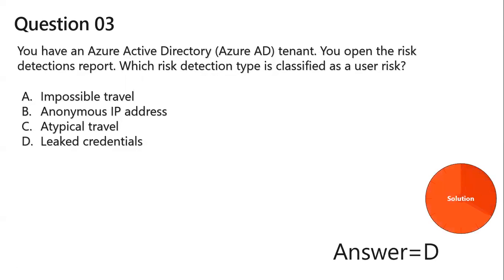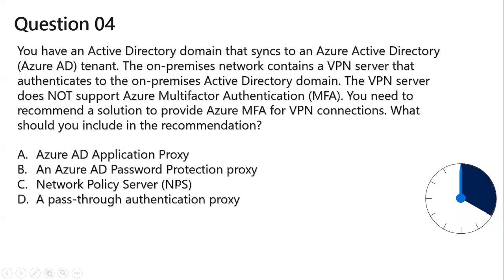Okay, so for this question, the correct answer is going to be D. The leaked credentials are classified as a type of a user risk. That's okay. Moving ahead to the question number 4, you have an Active Directory domain that syncs to an Azure